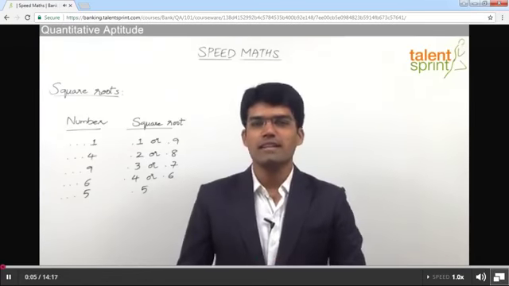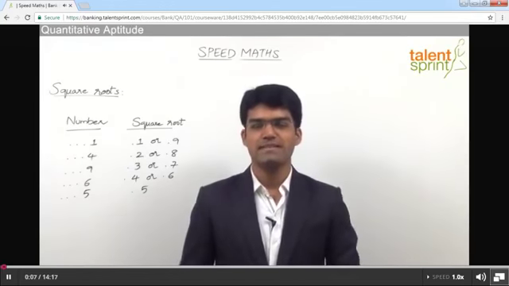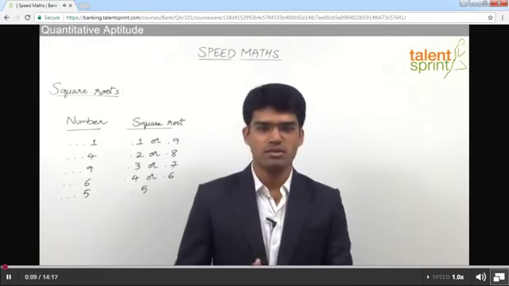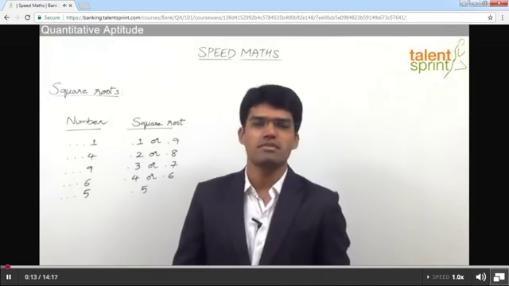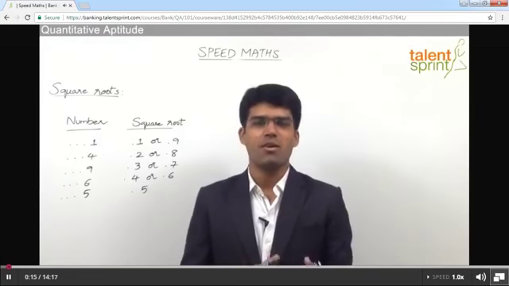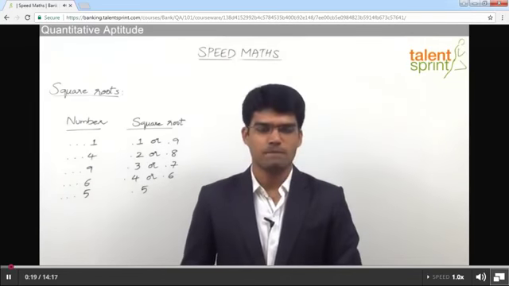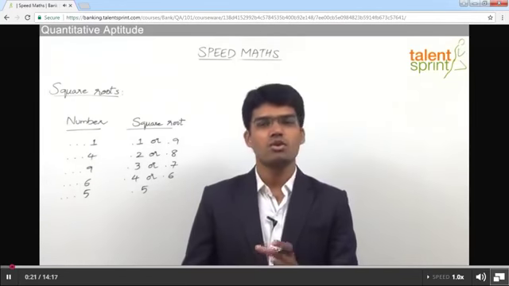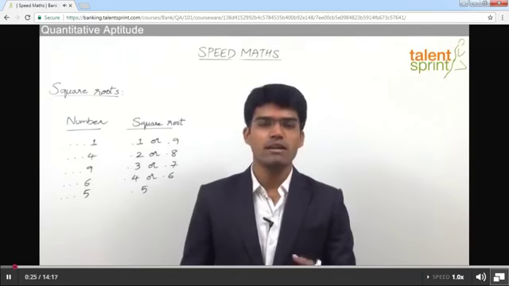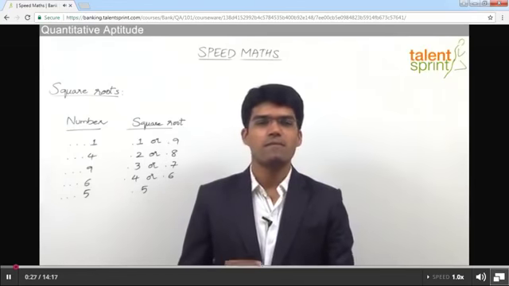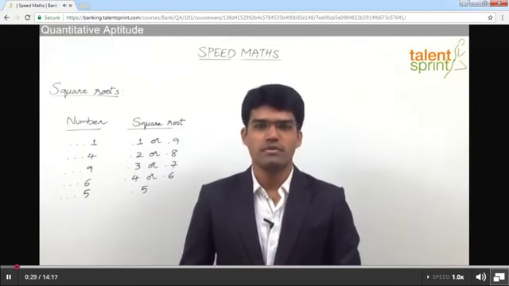Let us now look at the next important aspect of simplifications, that is finding out square roots of a given number. Generally, finding out square root by the regular procedure takes a lot of time. That is called as long division method, and we end up wasting a lot of time by the time we get the answer. So let's see how can we find out square roots of a given number in a smart way. Since we have already learned how to find out squares, it will be easy for us to decide how to get the square roots.